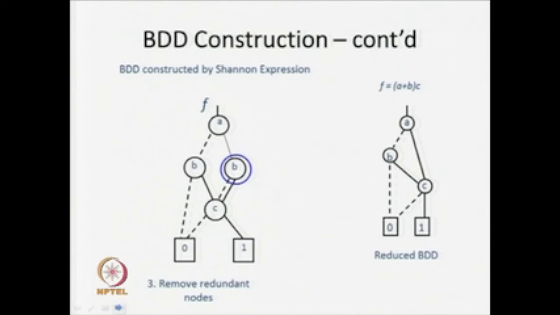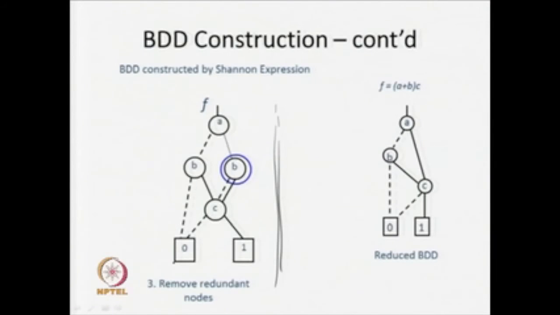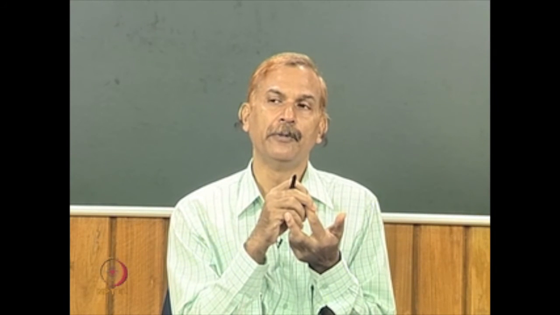Similarly, we have taken the same function, and we have constructed a BDD with the help of Shannon expansion. After constructing this BDD, we will see whether it can be reduced or not. The first rule talks about the removal of redundant terminal nodes. Since we are using Shannon expansion, there will not be any redundant terminal nodes, because we are going to have only 2 terminal nodes. So, basically we have to look for the other 2 rules, merging of duplicate nodes and removal of redundant